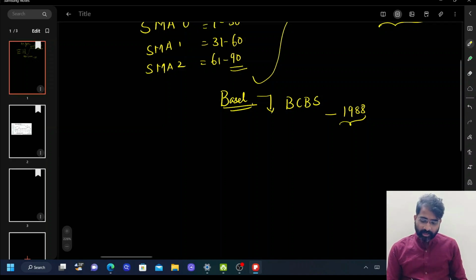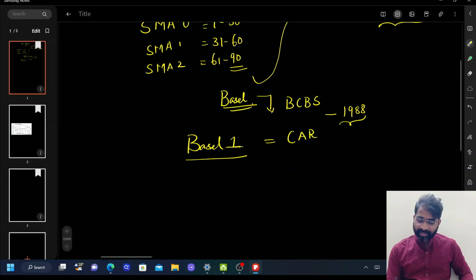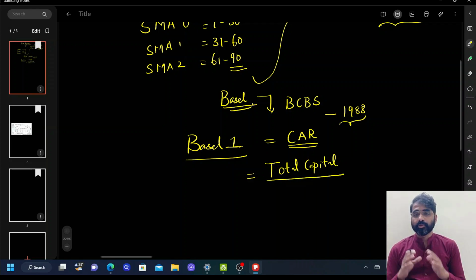So for example, now this Basel 1 was the first one. Okay, and this Basel 1 was mainly focused on handling the capital risk, or it was mainly taking care of an aspect related to the capital adequacy ratios, or we call it the capital risk. And what Basel 1 was saying is the total capital which the bank is holding. Okay, so this is the bank's own funds. Okay, so the total capital which the bank is holding to the